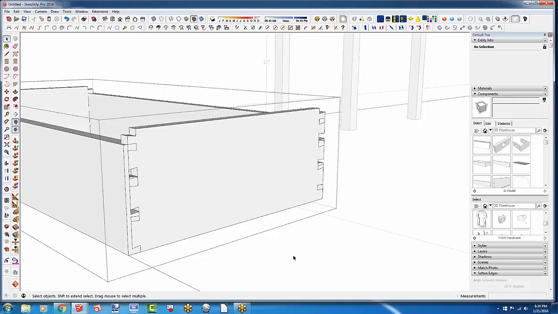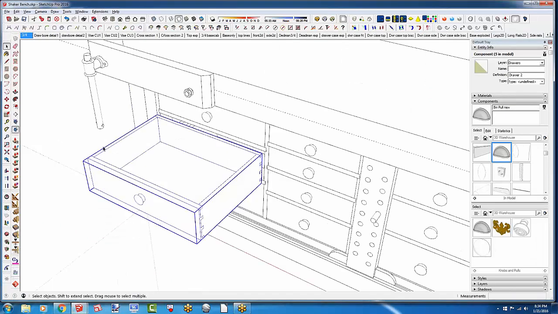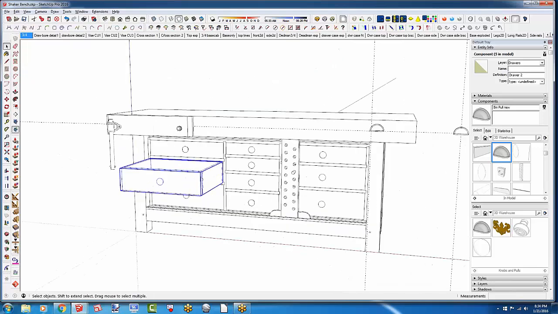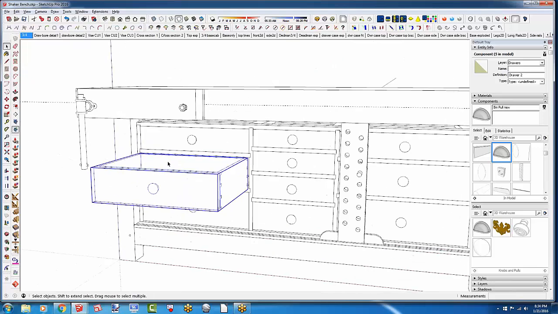That's one of those things where I would probably, if I knew I was going to have different sized drawers, well, in the case of this workbench, I knew I was going to have different sized drawers. So I drew the drawer boxes without the dovetails. I drew one drawer box without the dovetails, and then I copied it and resized it